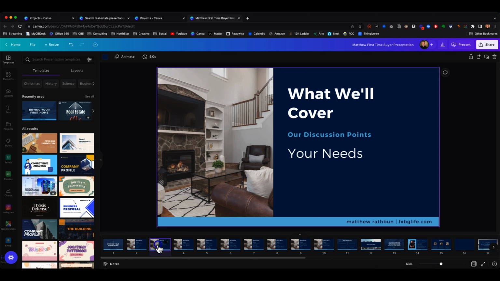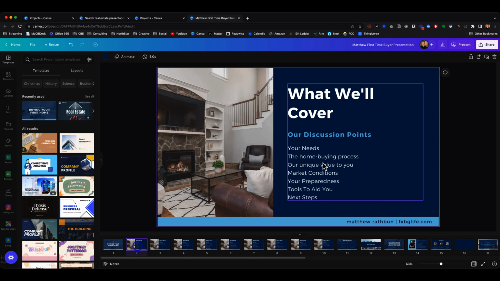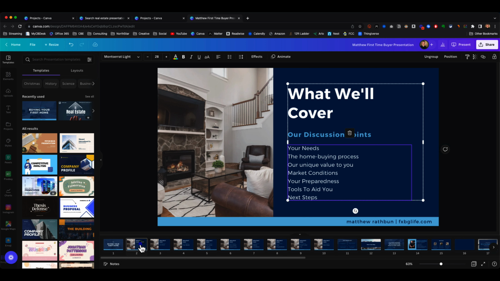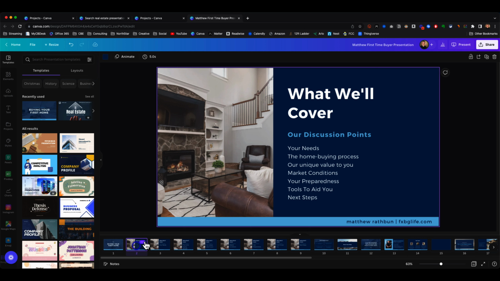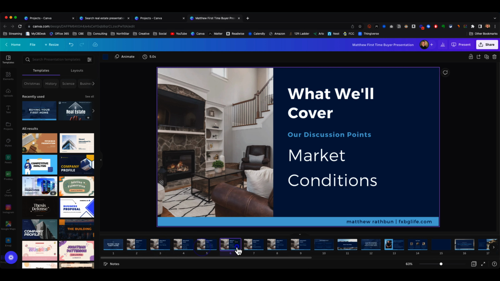But instead, I've created one of those. Each one of those lines is now going to be a separate slide. And I just kept duplicating the slide, deleting one of the lines and making the other ones bigger. So now I took all of those things, I just made each one a separate slide, and I can quickly go through and say, buyer, hey, we're going